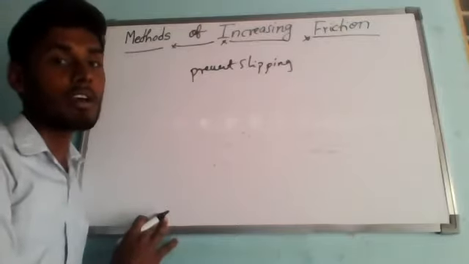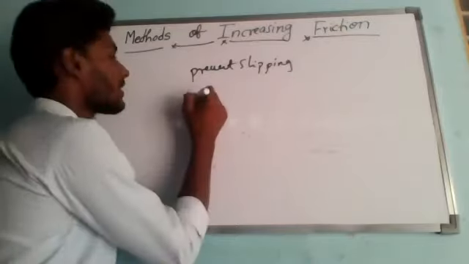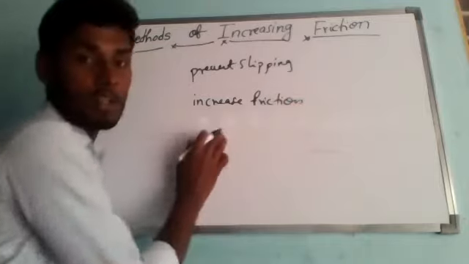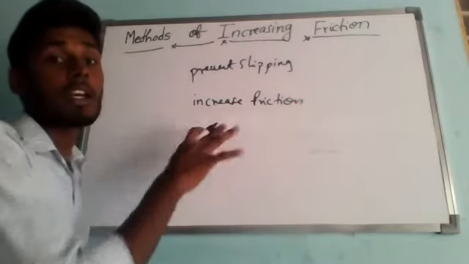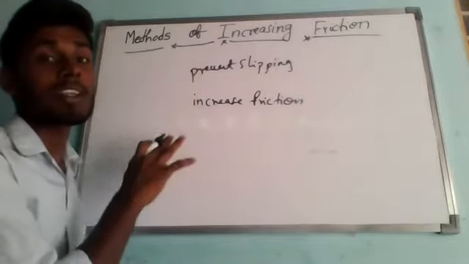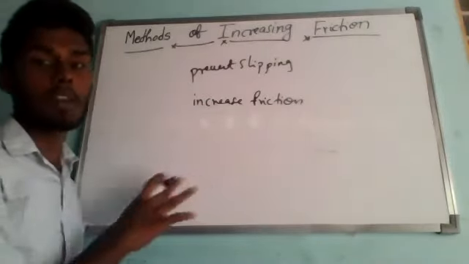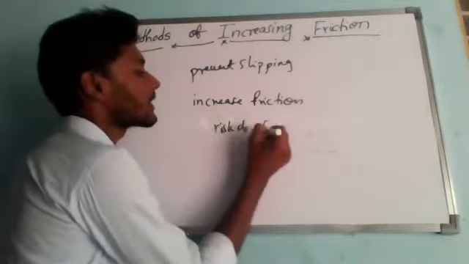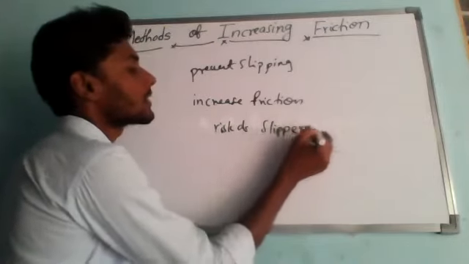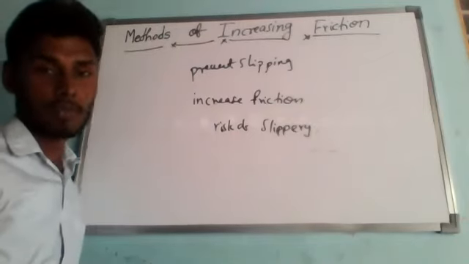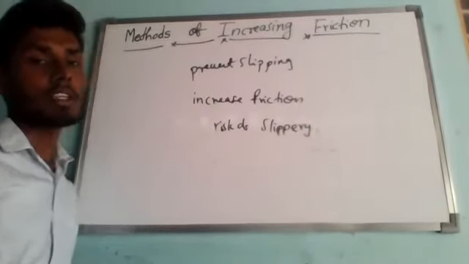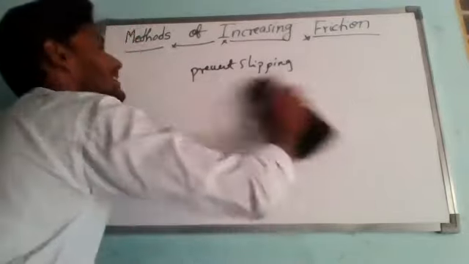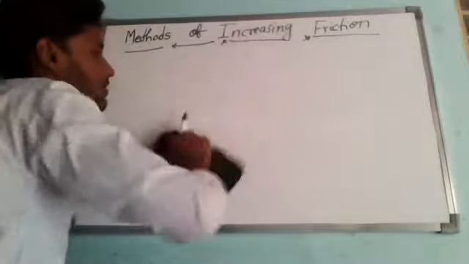The grooves are made in the soles of shoes to increase what? To increase the friction. That is the main purpose of these grooves. Are you clear? They increase the friction with the ground or any kind of floor, so that the shoes get a better grip even on a slippery ground, and we can walk safely without the risk of slipping. That is the advantage of making grooves under the soles of shoes. The next, second method of increasing friction is making the treads, T-R-E-A-D-S. So how can we make it?